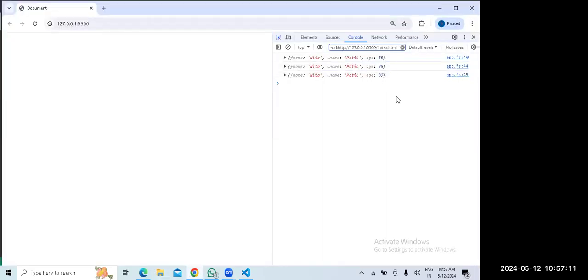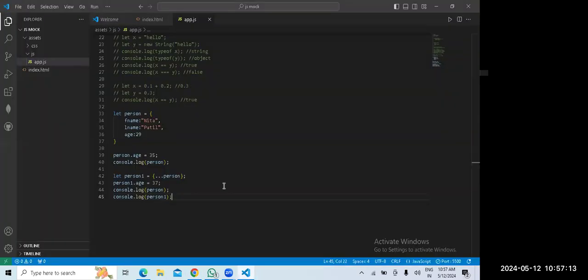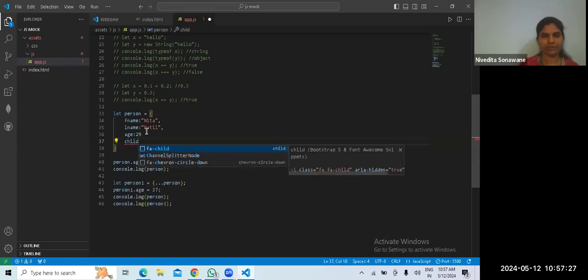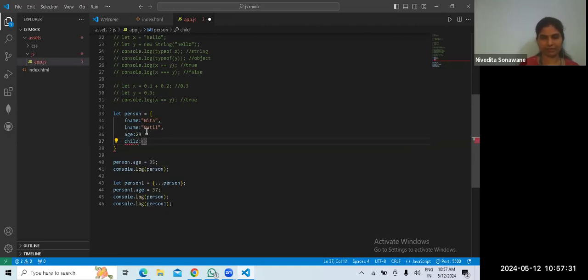Okay, perfect. So can you elaborate about the shallow copy as well as the deep copy? If in the person object a child object is also present, at that moment the shallow copy mechanism does not work. That means